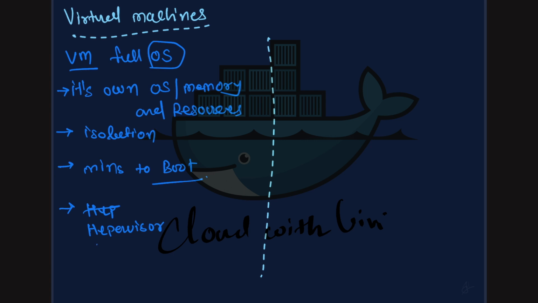So it was basically working at the hardware level. We will understand what a hypervisor is and how isolation actually works in the detailed video on VM versus Docker. But let's just understand this. Docker does not have its own OS,